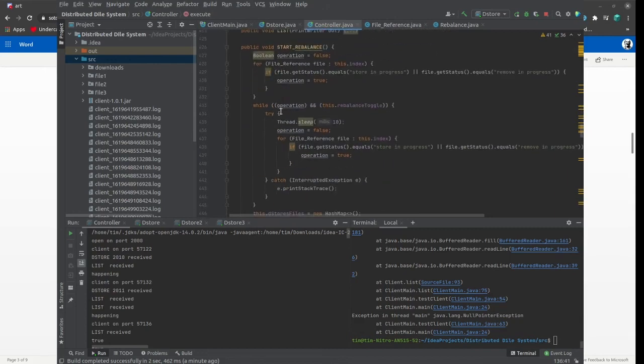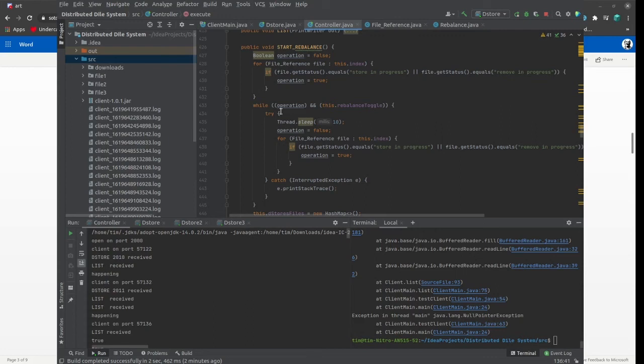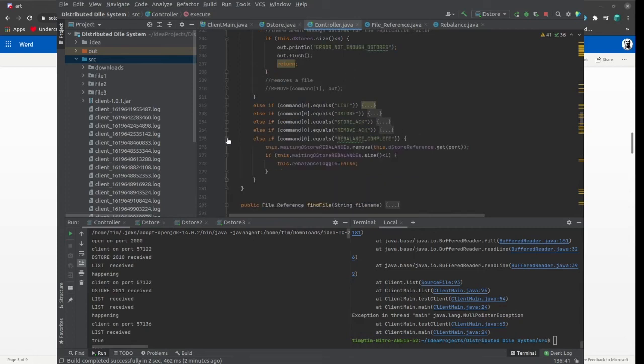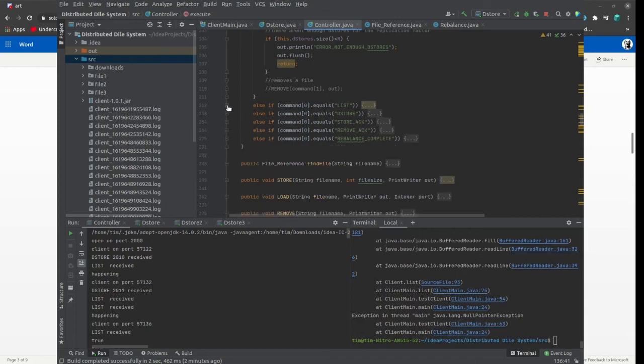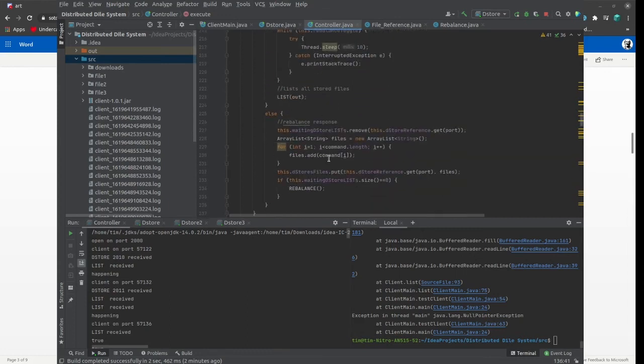So yes, it thought there was a rebalance happening. Now, it got to the start rebalance. And at that point, it probably would have got stuck. But the point is, it never stops the rebalance, because it never gets this rebalance complete message. Right. So in list, when we're down here, yeah, down here,